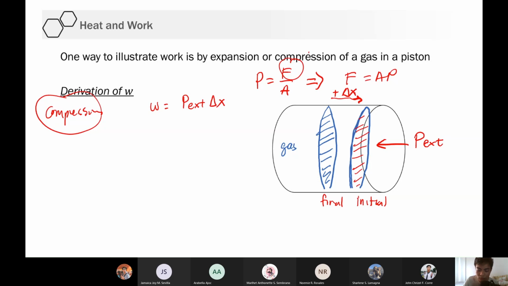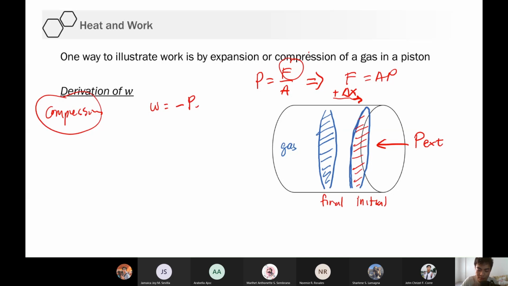By the way, yung kanina, yung W equals negative P delta V, yung P na yun ay external lang din. Mamaya ikwento ko kung bakit naging P external yan. So this time, positive yung P external na. Positive yung work natin kasi yung surroundings yung nagtulak sa takip para mag-compress yan. Bakit siya naging positive? Tanungin natin sarili natin.